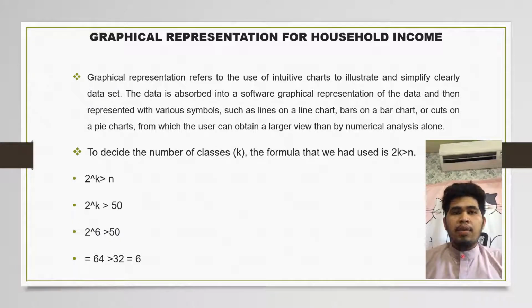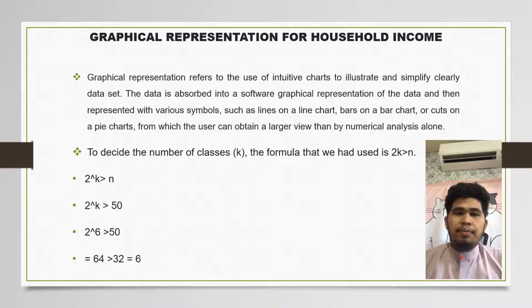From the data that we had, the table is household income. Data distribution is a function or listing which shows all the possible values of the data. With the distribution, it can calculate the probability of any one particular observation in sample space. To decide the number of classes, the formula that we used is 2^k larger than n, the sample size. For example, household income has 50 numbers in the data. So we use the number 6 and input it into the formula, and the answer is 64, which is greater